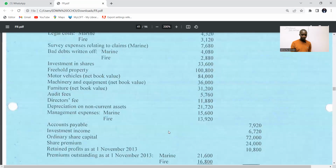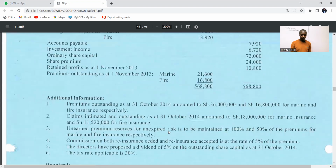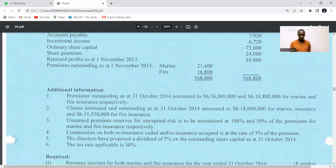We have accounts payable, investment income, ordinary share capital, share premium, retained profit as at 1st November 2013, premiums outstanding as at 1st November 2013. So additional information. Number one, premiums outstanding as at 31st October 2014 amounted to 36 million for marine and 16,800,000 for fire. Claims intimated and outstanding as at 31st October 2014 amounted to 18 million for marine insurance and